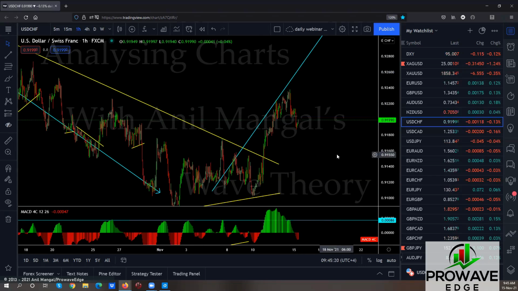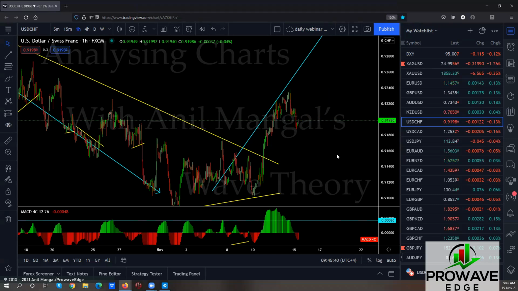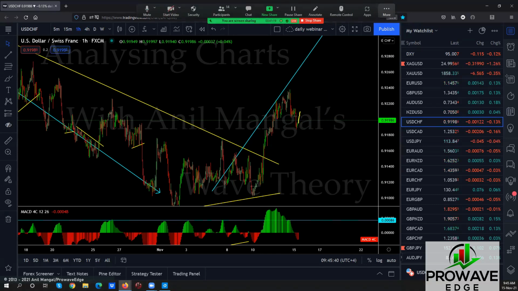Can this make a flag here, a bigger correction here and go? Let's say they come back like this, do this, and then go. That's possible. That would be a buy setup. That'd be an easy one for us, right? This one will give us the clue. We might even get a sell and then we might get a buy, right? Can we get a buy in this one going up if it becomes a running flat? Yes, you can. If this thing comes here and makes a flag here, I think we will consider the buy for a possible running flat like this and then go. Maybe another one here, go again, a more long drawn out running flat and then go.